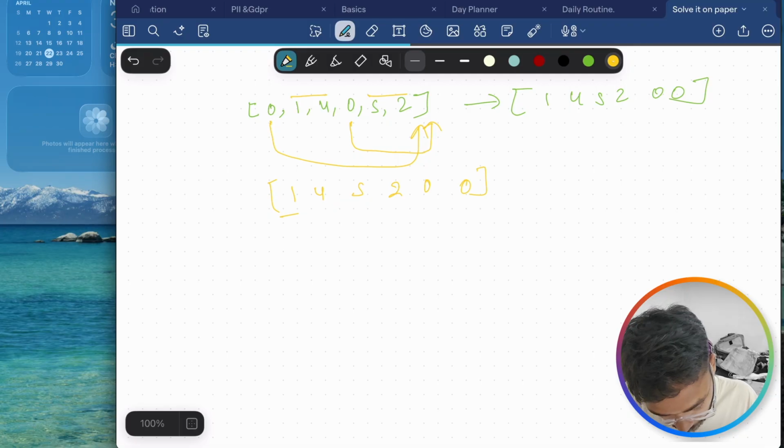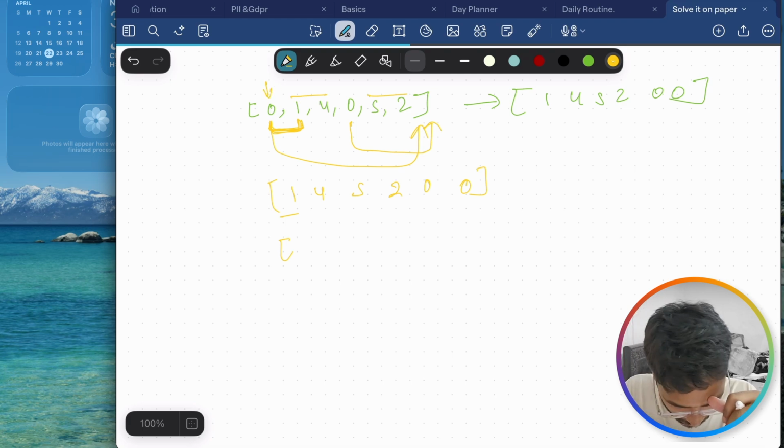That means we can swap it. What if I swap this number with the neighbor? Okay, first I got this one. 0 will keep. Second one, okay,